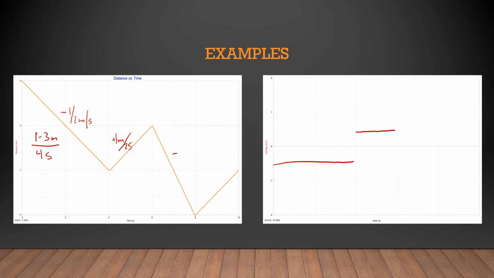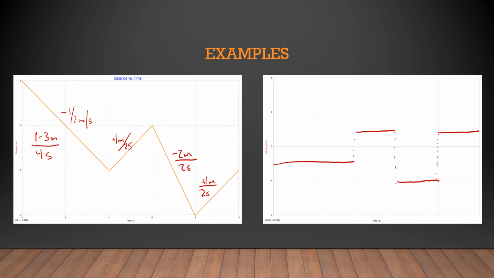Now here we have a decrease of 2 meters. It took 2 seconds to do it, so my slope down in these next 2 seconds is negative 1. And then we go back here again, +1 in 2 seconds, which takes me back up to +1/2. I'll put in dotted lines for now, but like I said, if you want to do solid lines, that's totally fine. So hopefully that makes sense in terms of the two concepts,